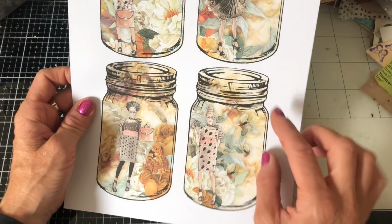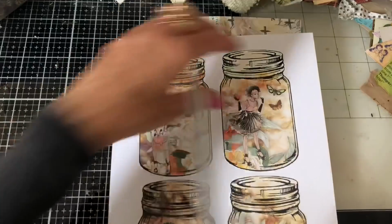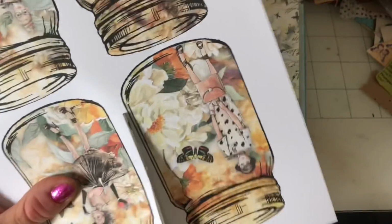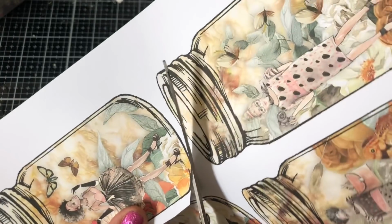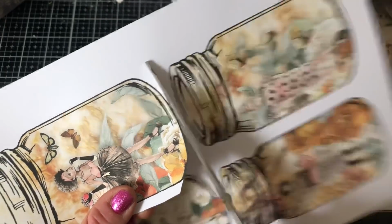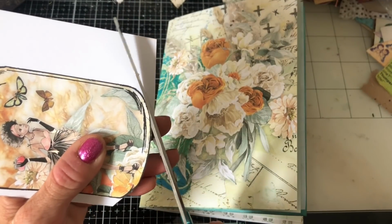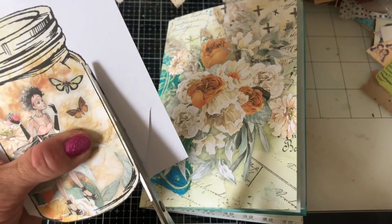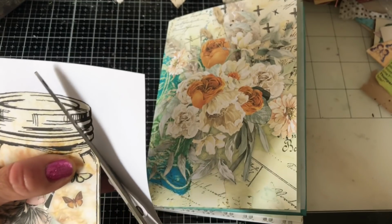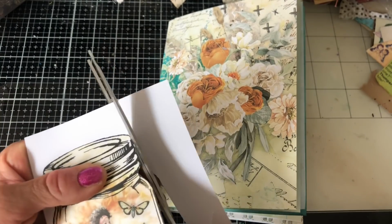So I'm going to cut out some of the elements. I can't wait to work with one of these jars. I especially adore this jar here. So let's cut that one out and use that one. Now, I haven't coffee dyed any of this. I was going to say I don't think it's got a vintage feel. Obviously the ladies are modern, and to me the colours are not necessarily vintage. I think it's going to be absolutely stunning, but doesn't necessarily need coffee dyeing. I'm sure it would look gorgeous if it was coffee dyed, but I think for this